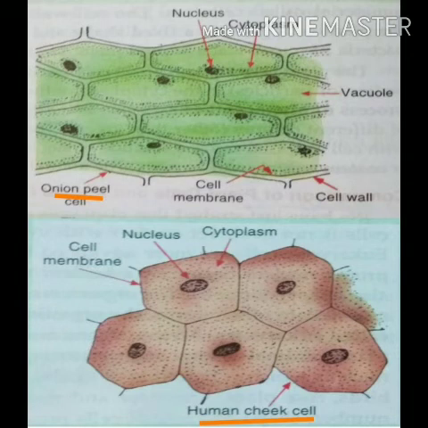Next, inside the plasma membrane, the fluid is present. Fluid, or you can say the jelly-like substance, that fills the complete area, that entire space inside the cell membrane is known as cytoplasm. You will be able to see this in both, in cheek cell slide also and in onion peel slide also.